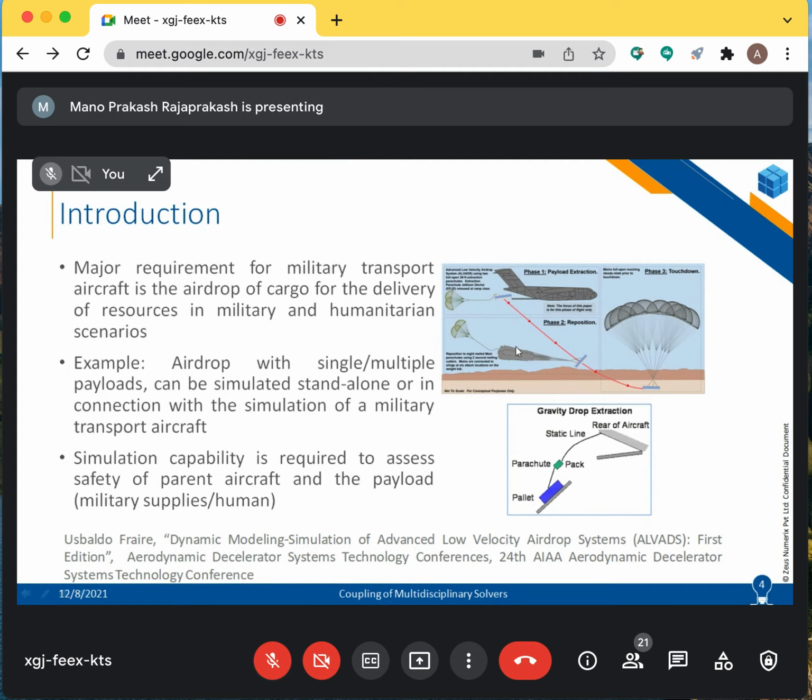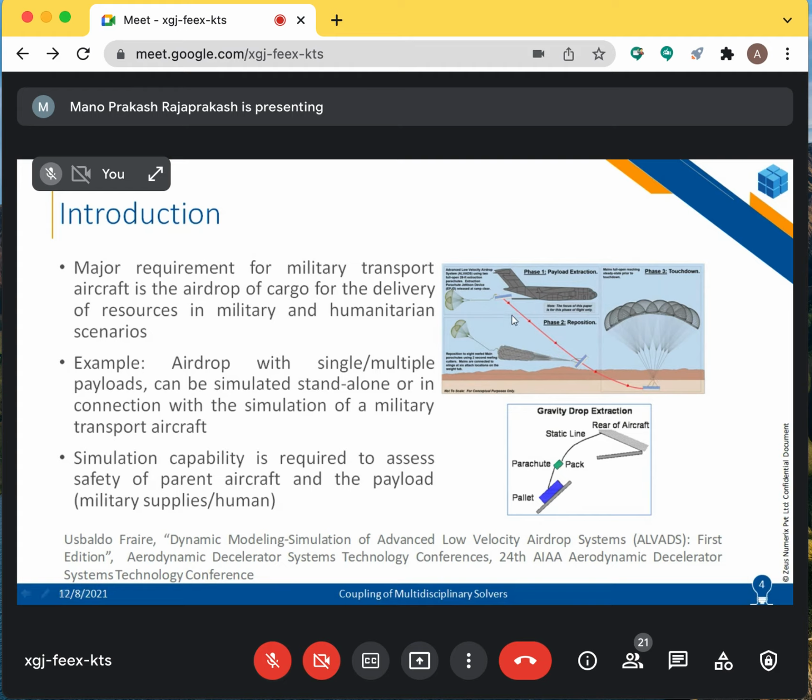So the main parachute gradually gets deployed, and you see here that it gets fully inflated, and after some oscillation there are a lot of transient phenomena that happen. Here, for simplification, it's a very simple representation of what the trajectory phenomenon looks like. But we'll look into more detail at what are the transients that can happen right from the extraction till touchdown. So this is what we'll be seeing phase-wise, and from the modeling perspective as well.